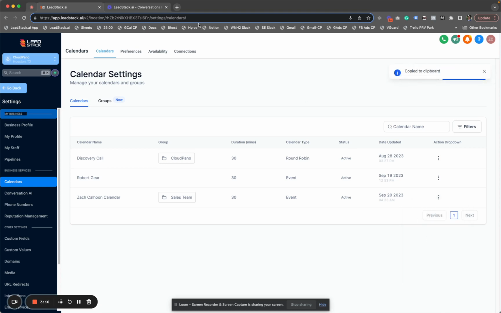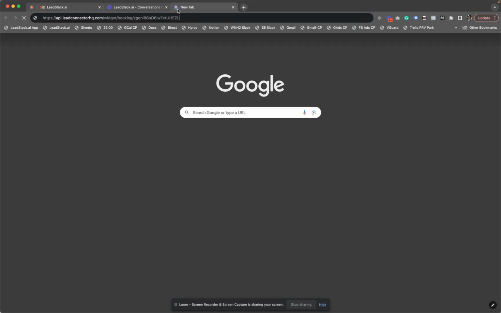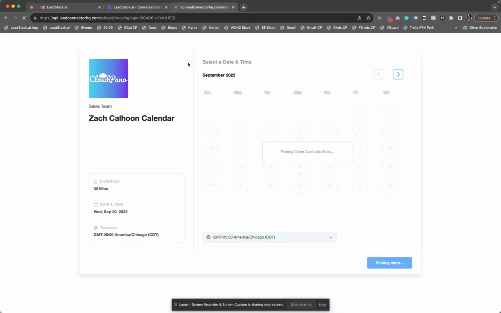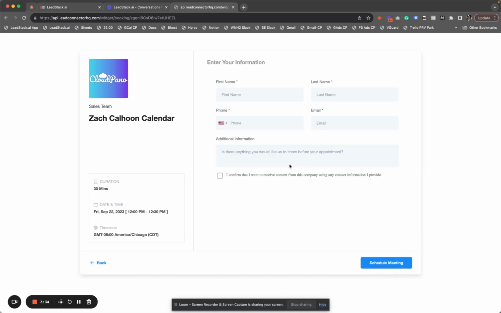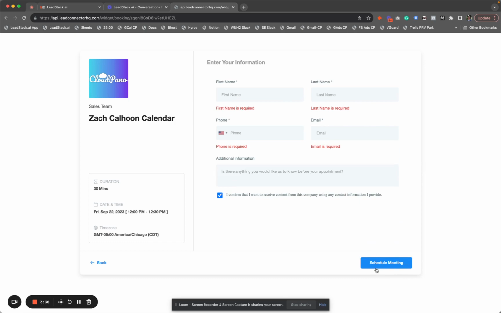When I click copy permanent link and I open up a new tab, if I wanted to send somebody directly to the calendar, it's just like a hosted, like here's the calendar online, just direct link, this is what they would see. So the lead or the person you're trying to connect with, they would pick their date, say it's 12 p.m., click continue, fill this form out, click I confirm, and then click scheduled meeting. Okay. Once they fill this form out,